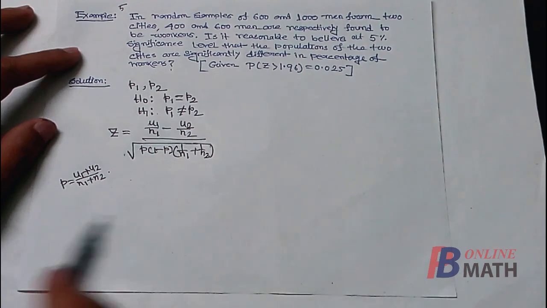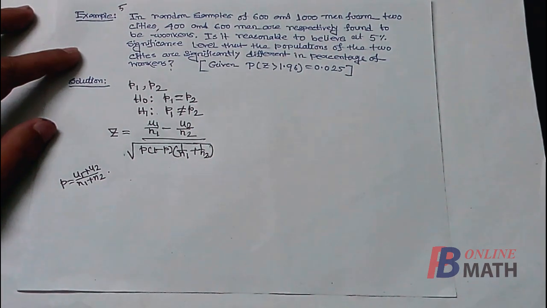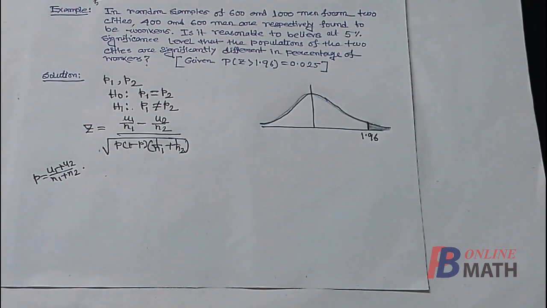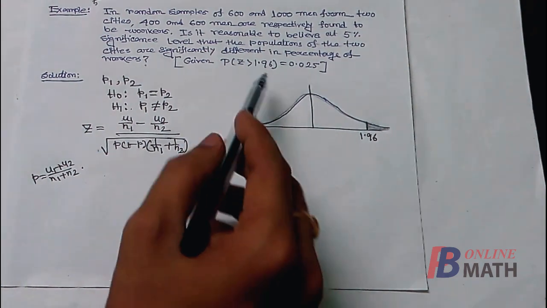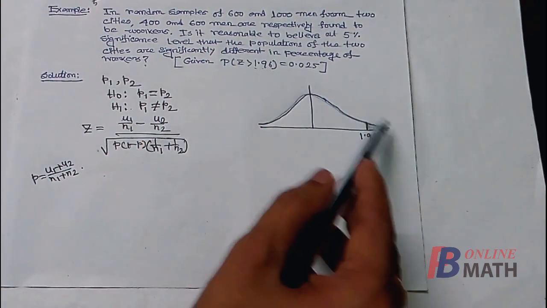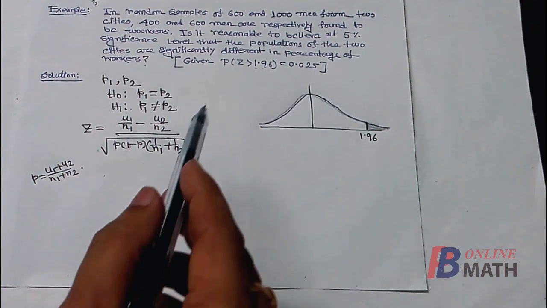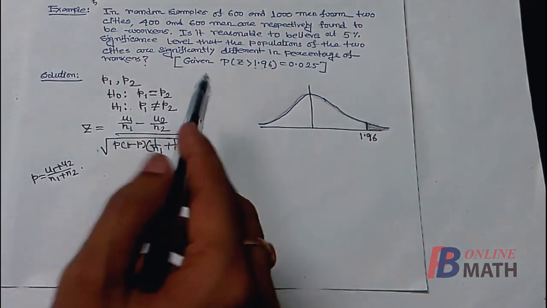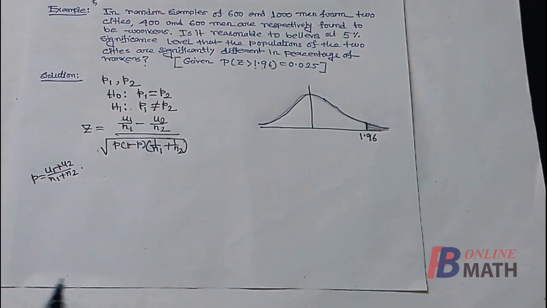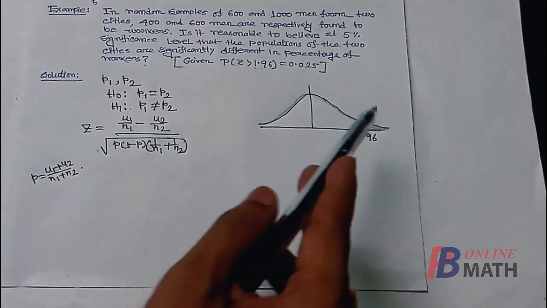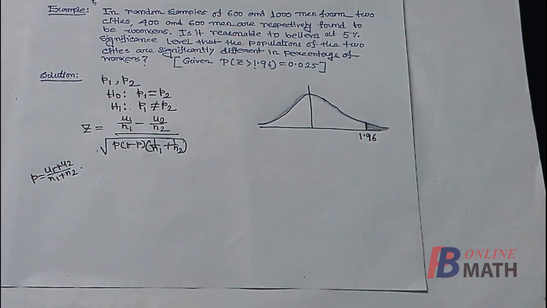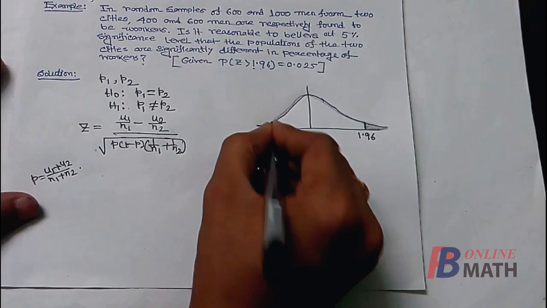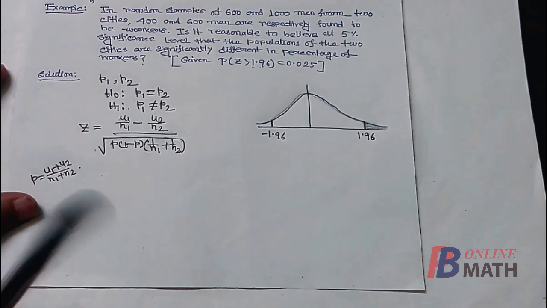So here we draw the graph of the standard normal distribution and we identify the critical region. This is a very rough sketch of the standard normal distribution, and it is given that the area between 1.96 and plus infinity is 0.025, that means 2.5%, and the level of significance is 5%. So 5% area should be the critical region and the remaining 95% the non-critical region. Here is the 2.5% area, and since this is a two-tailed test, we have to select another 2.5% area from the left-hand side. So due to symmetry it should be minus 1.96.